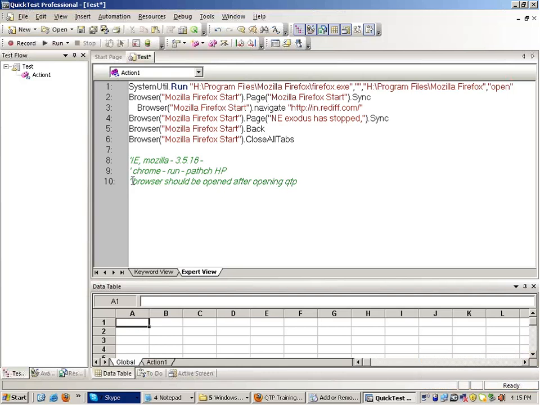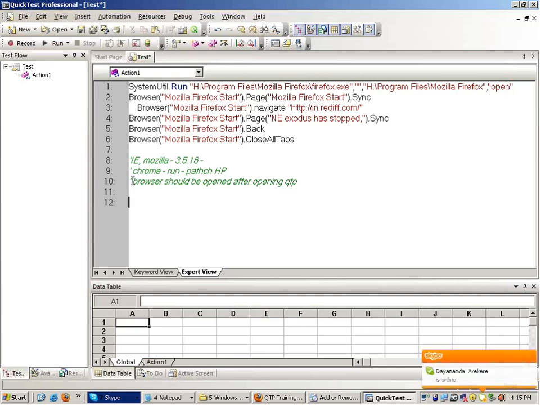No, it will never happen. You have to make sure that you open QTP first and then you open your browsers. Otherwise QTP will not recognize it. Fine. Now, this is for the web-based applications.